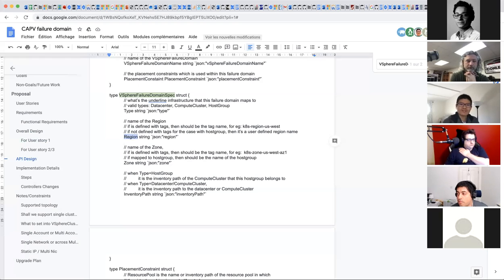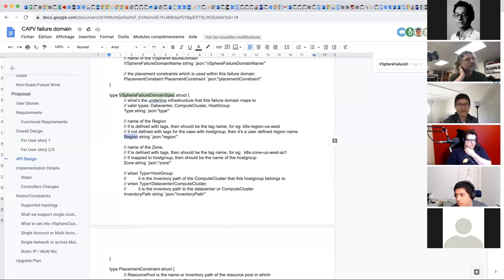Another purpose to have this, at least one of the things I can think of for the future, is when we really have a separate controller which manages the failure domain definition. Potentially we can do some configuration eventually. Currently, at least for the first step, what I'm thinking is those should be defined by the vSphere admin, and we just retrieve the information from the vSphere infrastructure.